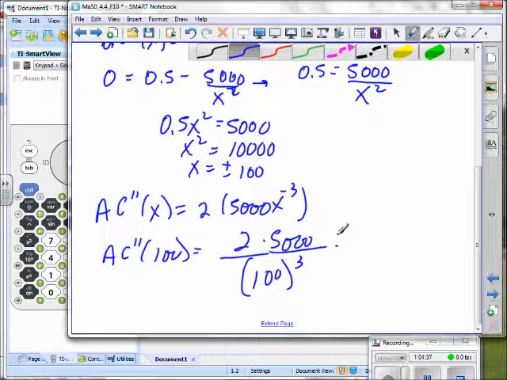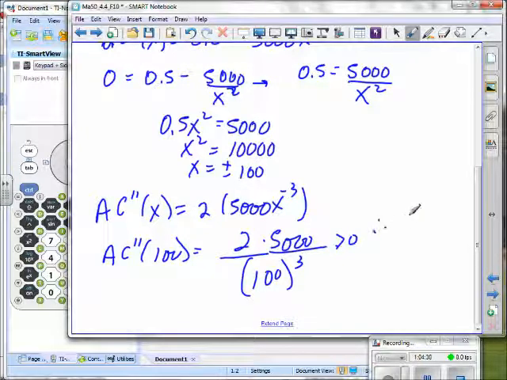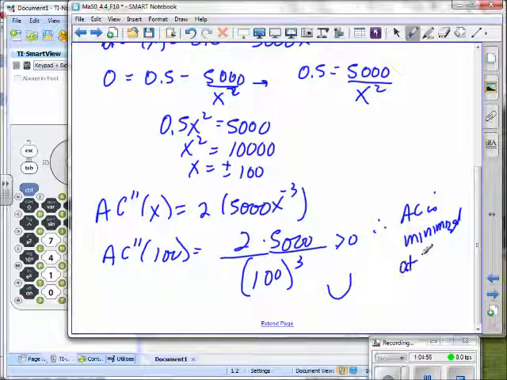Positive or negative? Positive. Therefore, average cost is, well, if it's positive, it means it's concave up at that point. And so average cost is minimized at x equaling 100 units. Okay, so we use it in that way. Okay, let's